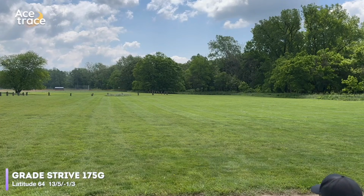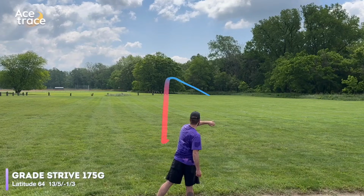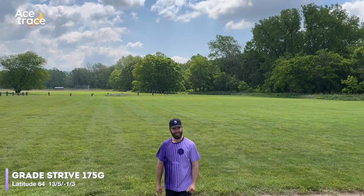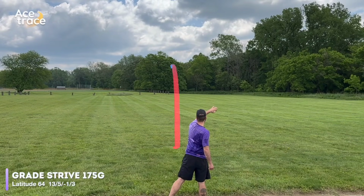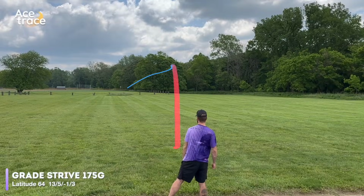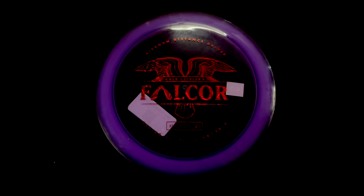But for Josh, well, I'm not sure he's signing up for stock alerts on the Strive either, because on a couple throws, it was super understable, like so. Didn't see that coming. But on another, it wouldn't really turn at all. Pushed straight and then, admittedly, aided by some wind, I assume, got a huge fade. Which means the Strive straddles a new line around the not quite category, I guess, and we move on to